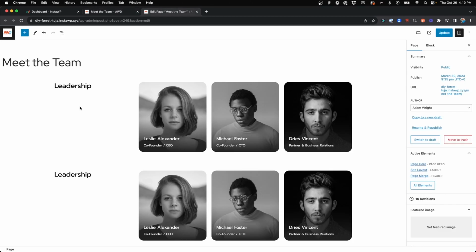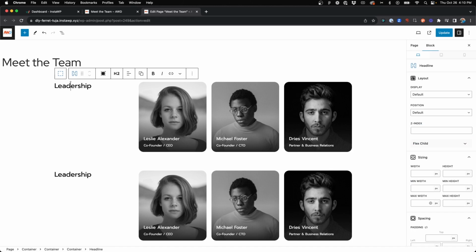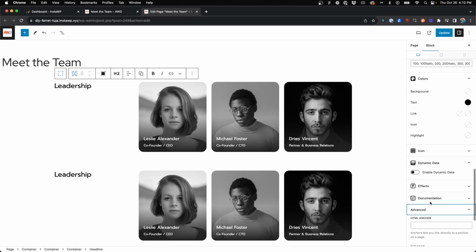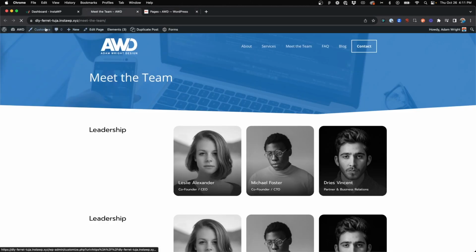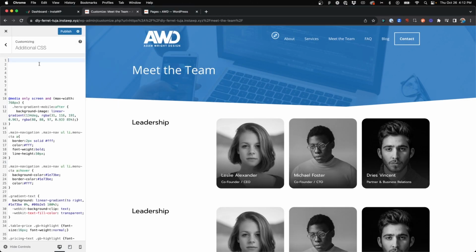So diving into the back end of the page, what we need to do to first address this top heading, the first heading of the page, is come down to Advanced and add a CSS class. So we're going to say heading border top. Now we'll go ahead and hit update, and now we need to jump back to our page and go into the customizer. Okay, so now in the customizer we're going to write a little bit of CSS. So we're going to type our class heading border top,